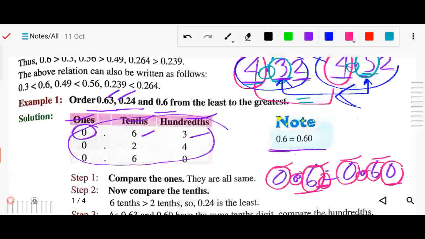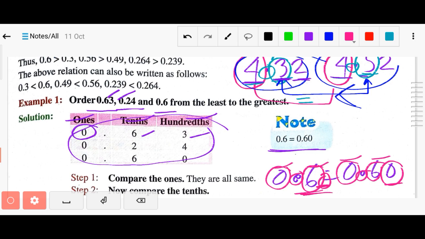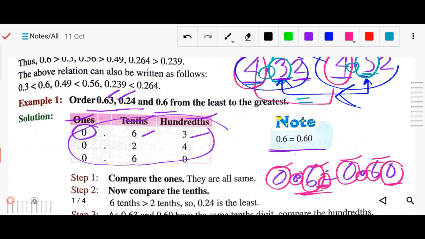This concept we have already studied in the previous exercise, 9e. There we studied equivalent decimals, and I already taught about this. If we put zeros there, there will be no change; they will be the same. So we can rename a decimal by writing any number of 0s. We can rename it only, but its value will not change. So you just keep that in mind.